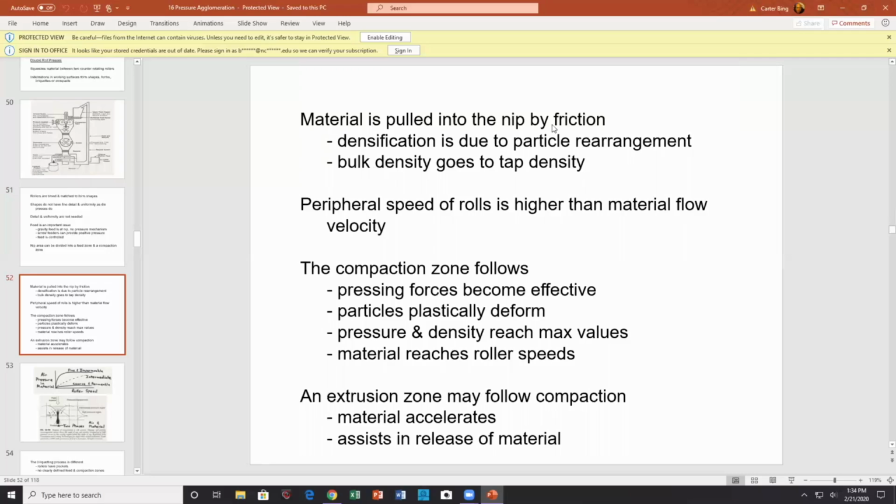Material is pulled into the nip by friction. Intensification occurs due to particle rearrangement. Bulk density goes to the tap density. So, to give you an idea of what I'm talking about,